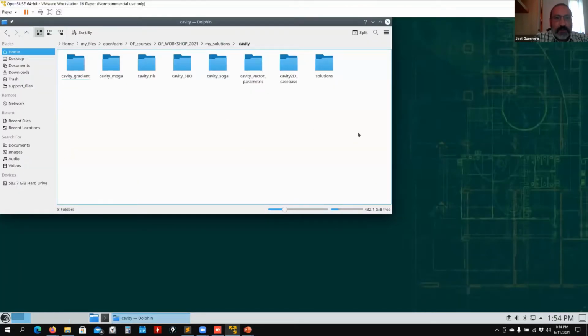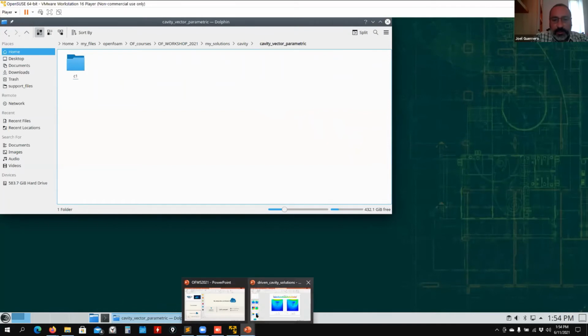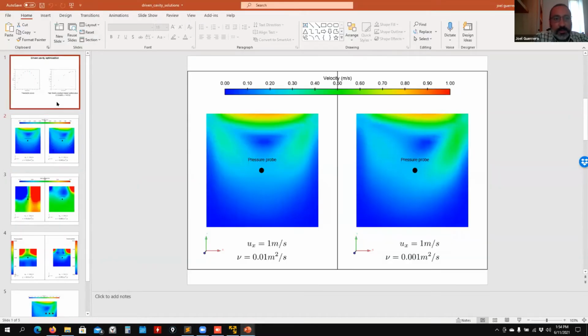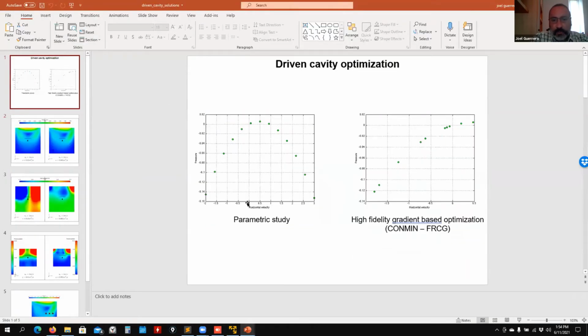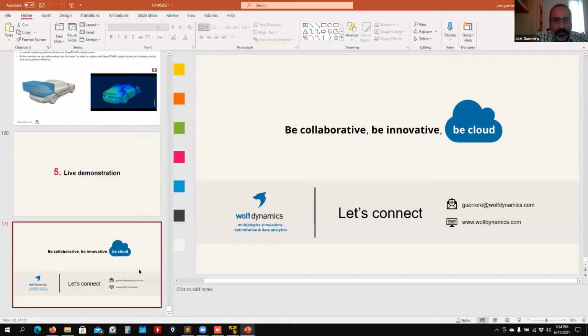So as you go here, I will propose to start, or I will show you first the cavity vector parametric. So this is the parametric case. Basically it will be just changing the design variable, which is the velocity at the top, from -2 to 3. That's all. But here we're going to understand how to set up everything. So what is important also, I want to remind you